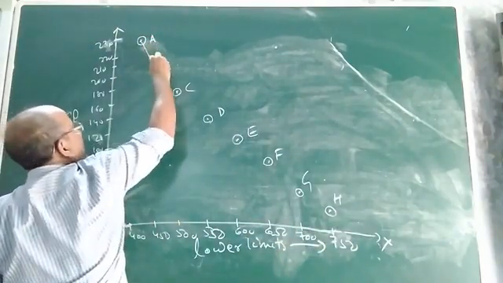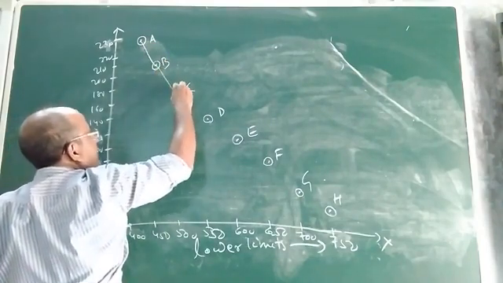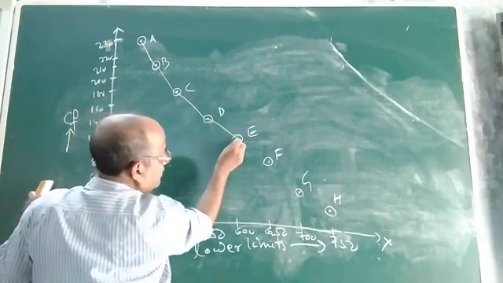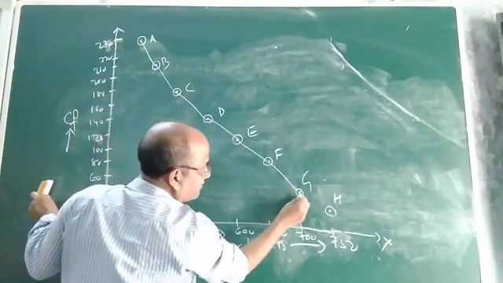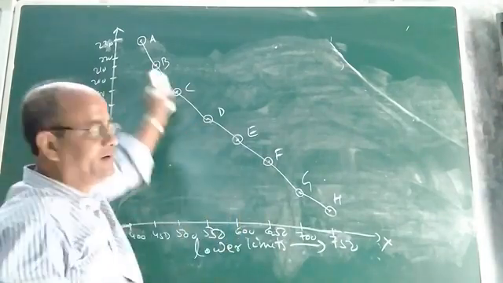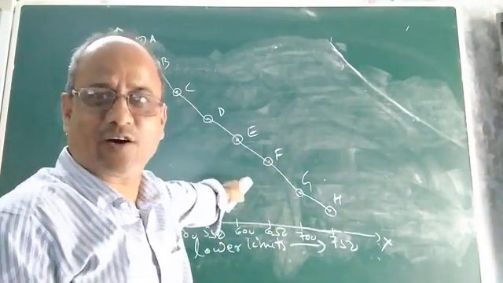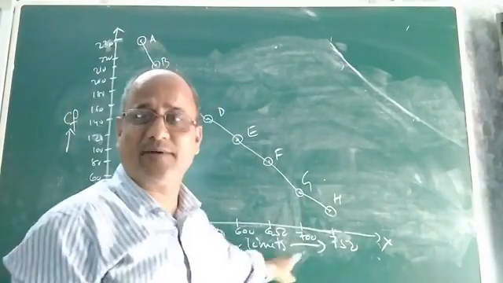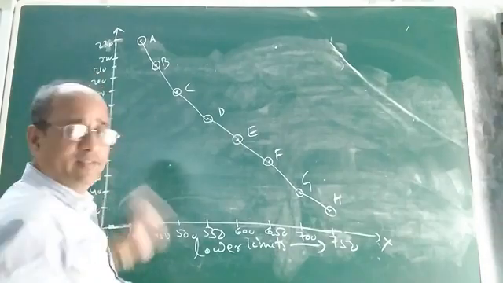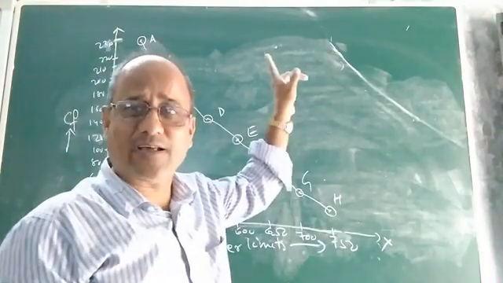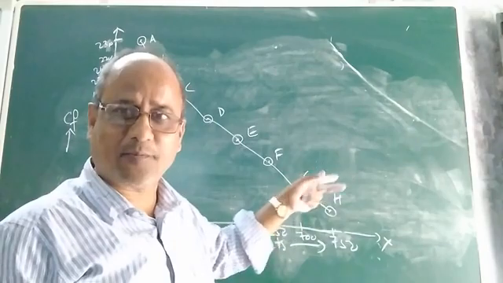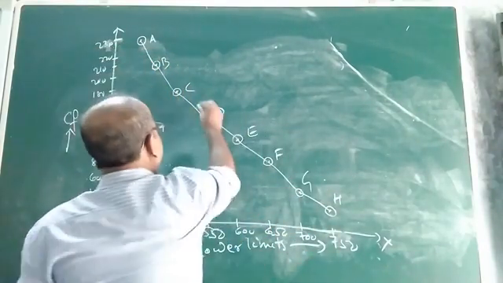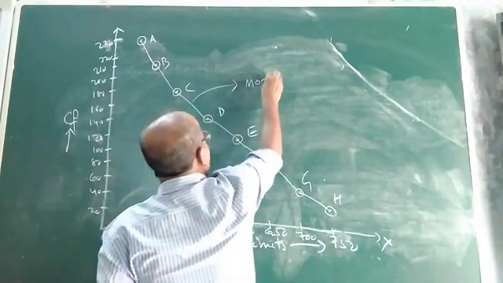You see, I am joining by freehand. I am not using a scale. I am joining by whatever the curve may be, no problem. Look, did I get a curve or not? Yes, I got a curve. How did I get this curve? I got it by taking the lower limit along the x-axis and the corresponding cumulative frequencies along the y-axis. I got different points by choosing an appropriate scale, then I joined all the points by freehand. Now I got a curve. This curve is nothing but the more than type ogive.